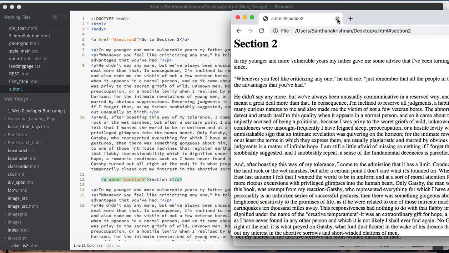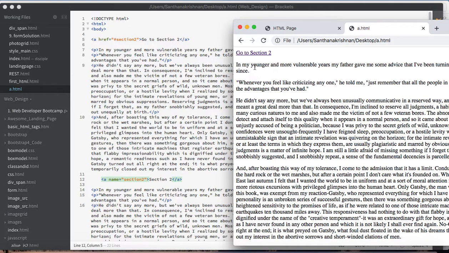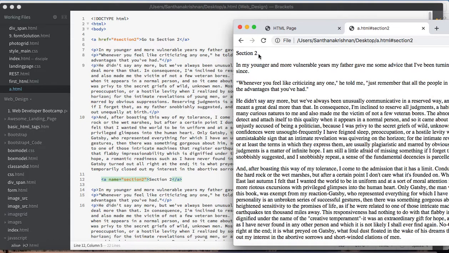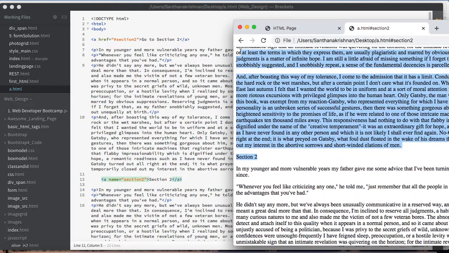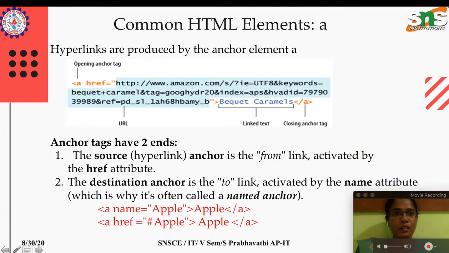And I think I made a mistake here. See here, section 2 is displayed in the usual normal font. Okay, so there are two ways of using the anchor tag. One is taking us to a web resource, the other is taking us to a location within the same page, where the browser runs with the scrollable web content. We can move to the specified content.